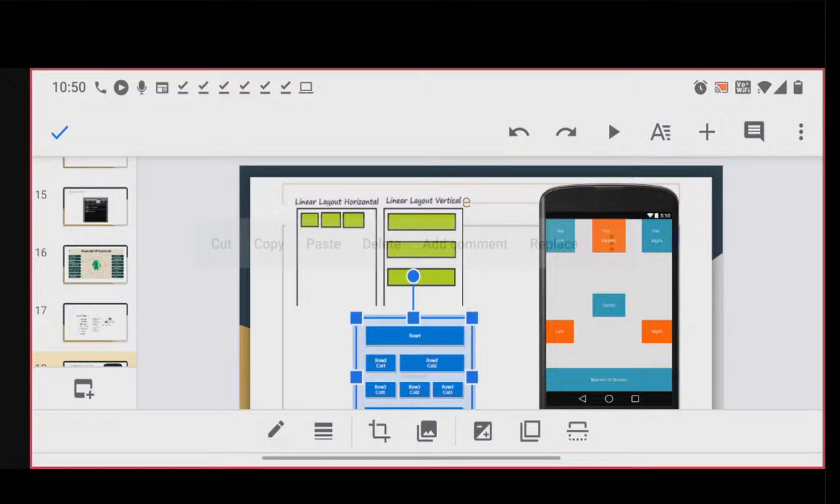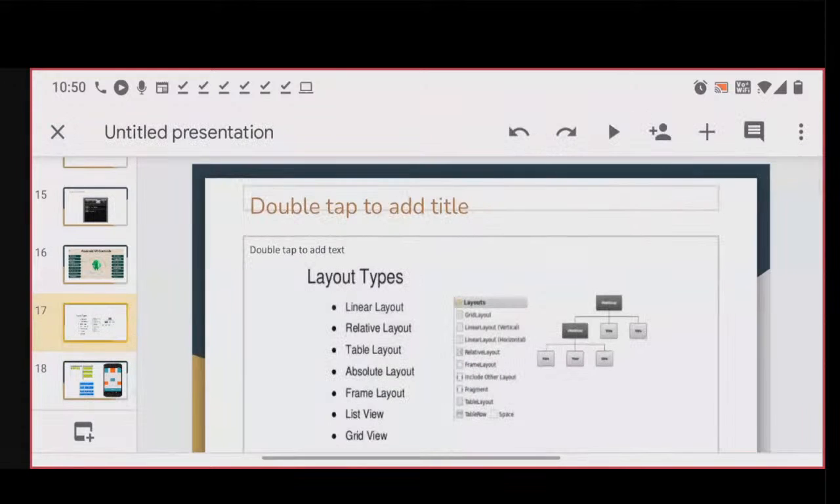Table layout is usually used, for example, if you want to build a calculator application. When we want to show buttons in row and column format, table layout will be useful. Frame layout is for UIs placed one above the other. If I want multiple UIs in the same layout, placed one above the other,